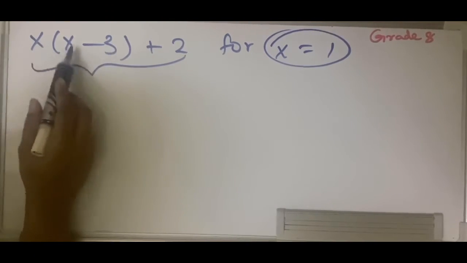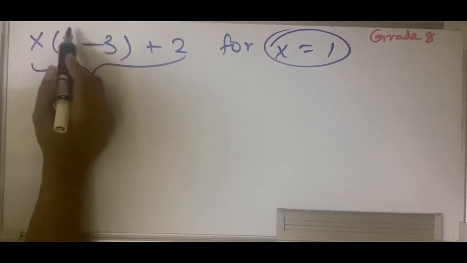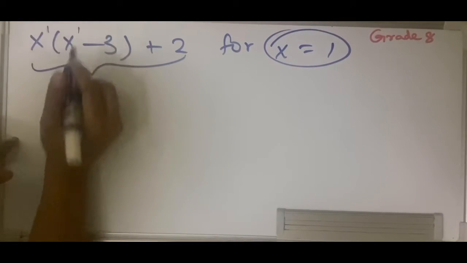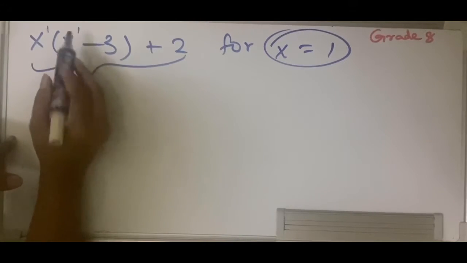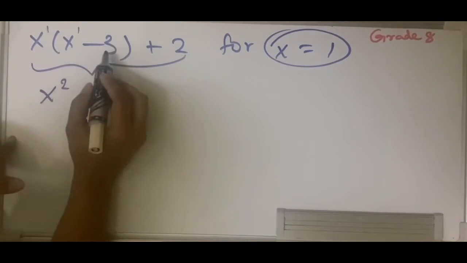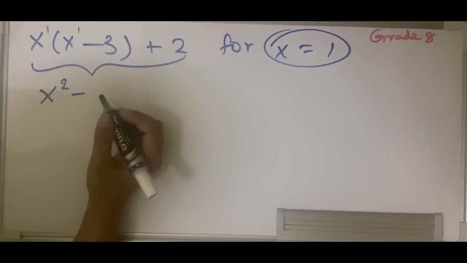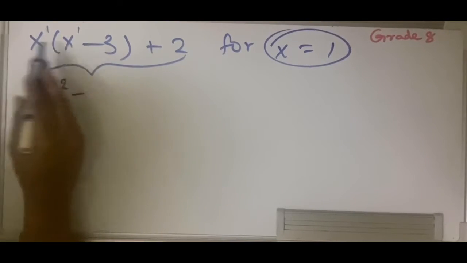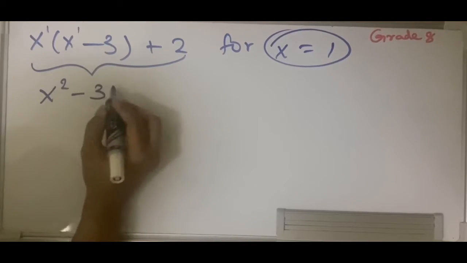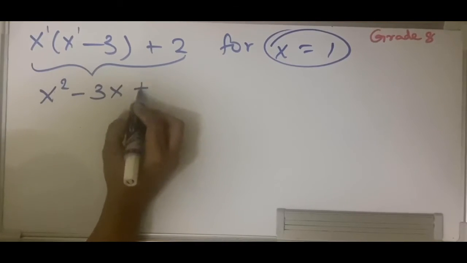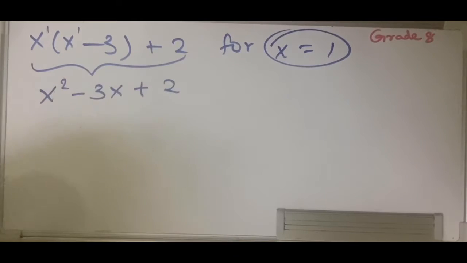So first I will be doing x times x and x times x. I can simply put 1 here, so that x times x would be x raised to 2, right? Then x times minus 3. So I have a minus sign now because it's a positive and a negative. So you have x times 3 which is 3x. Then you have a plus 2, right?